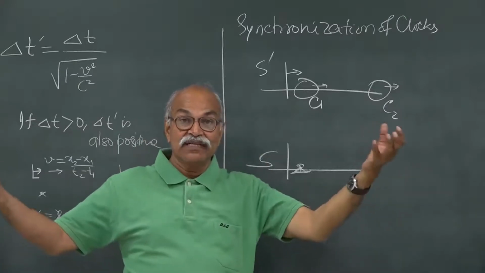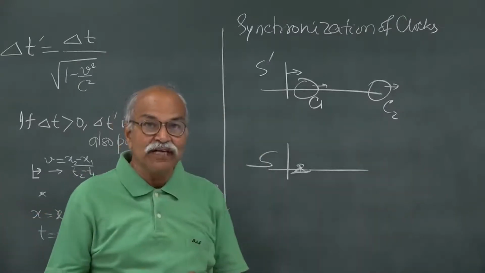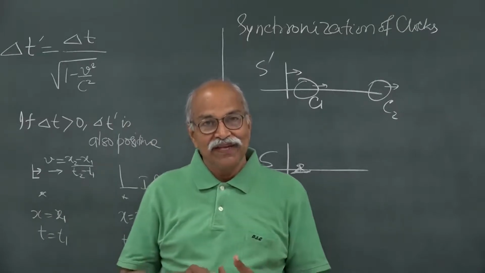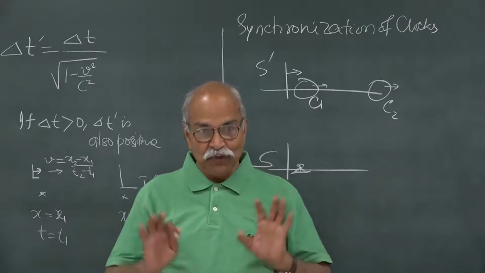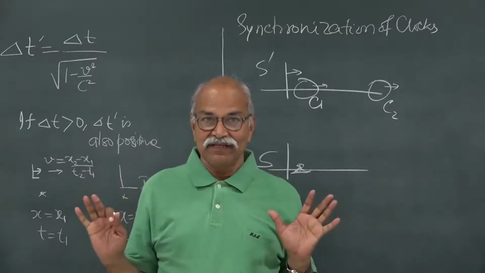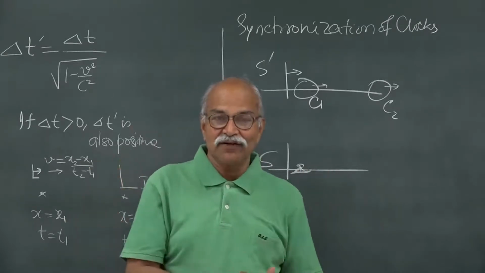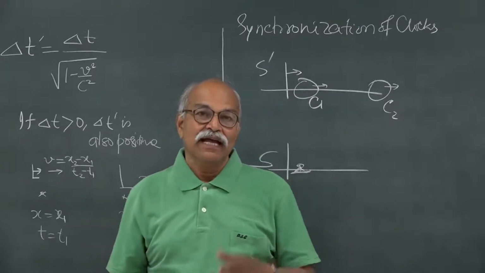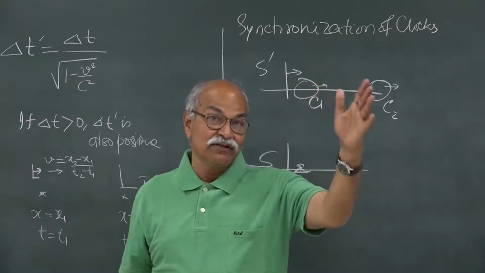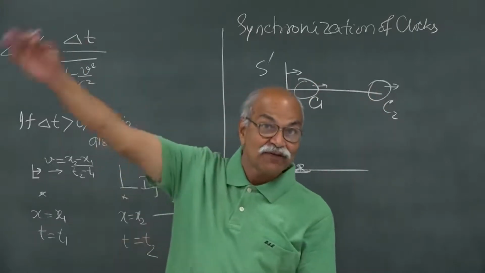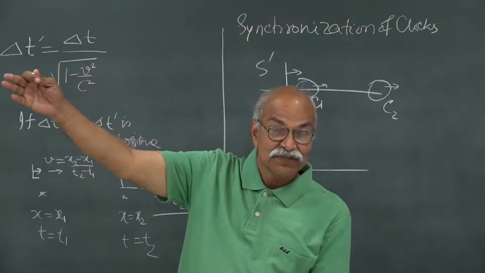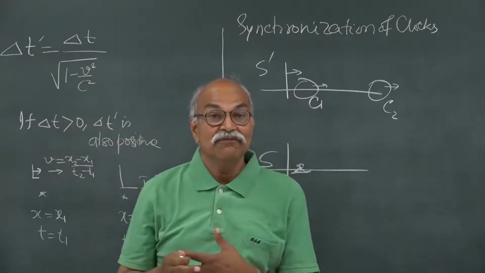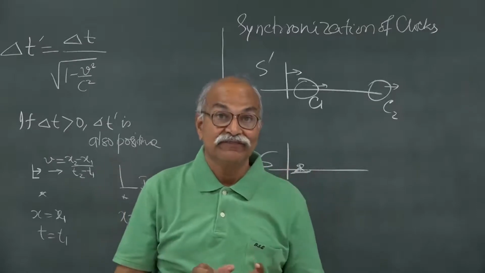Synchronized means two clocks are synchronized. So, if I have a clock in my drawing room and a clock in my bedroom, and I say both the clocks are synchronized, I can use this clock or that clock to decide when I have to go for the office. At the time this is showing 800, at the same time the other clock is also showing 800, even if it is at some distance. That is the meaning of clocks being synchronized.